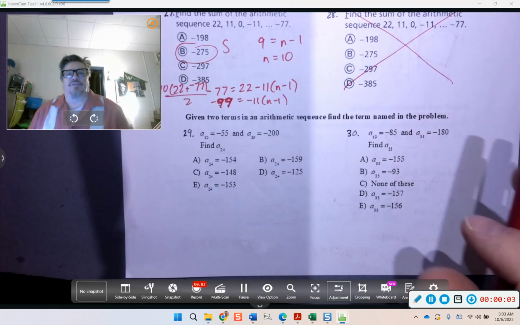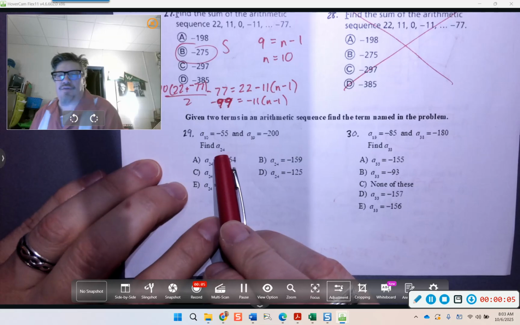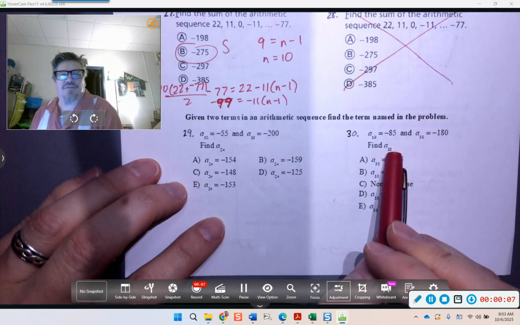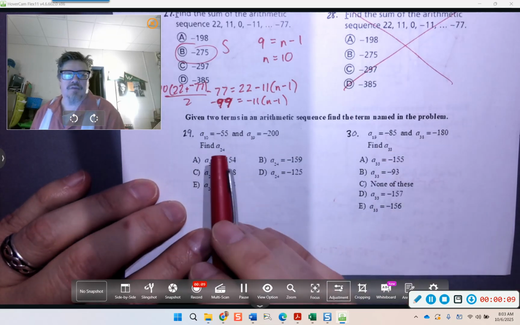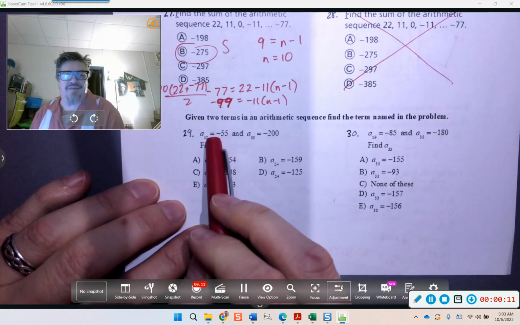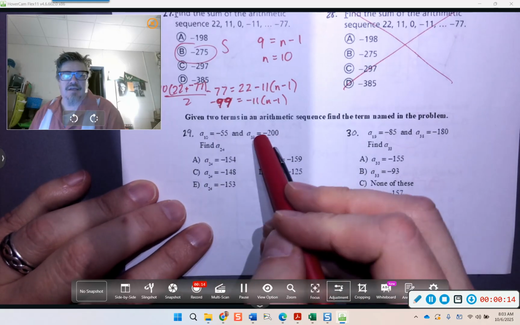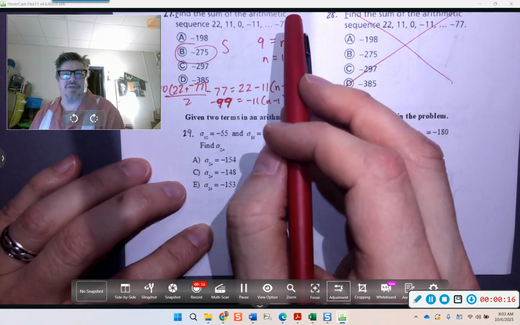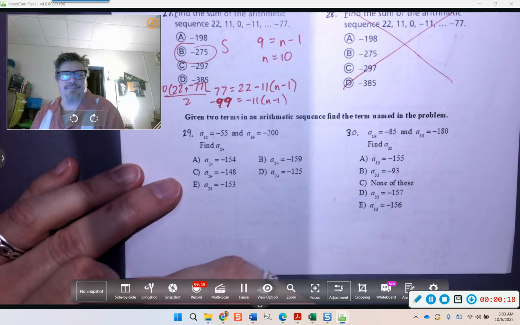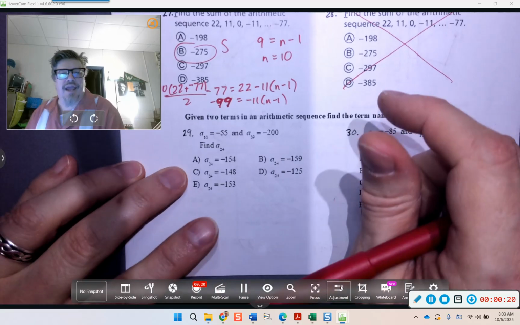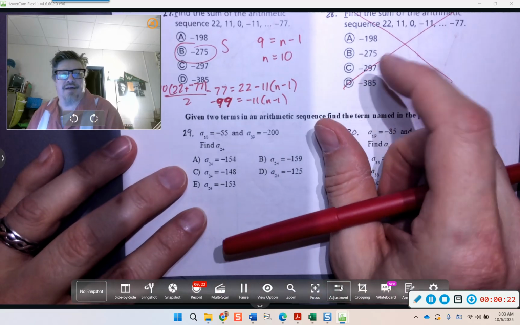Last two problems. We are looking for the 24th term here, and in this one we're looking for the 33rd term. So the only clues we have is this and this. These guys are pretty similar to this, so we're going to have to figure this out